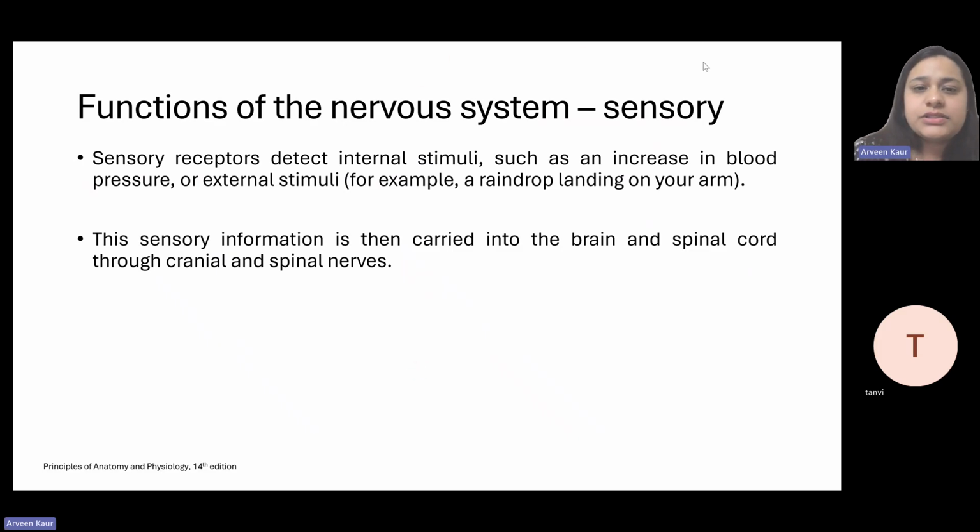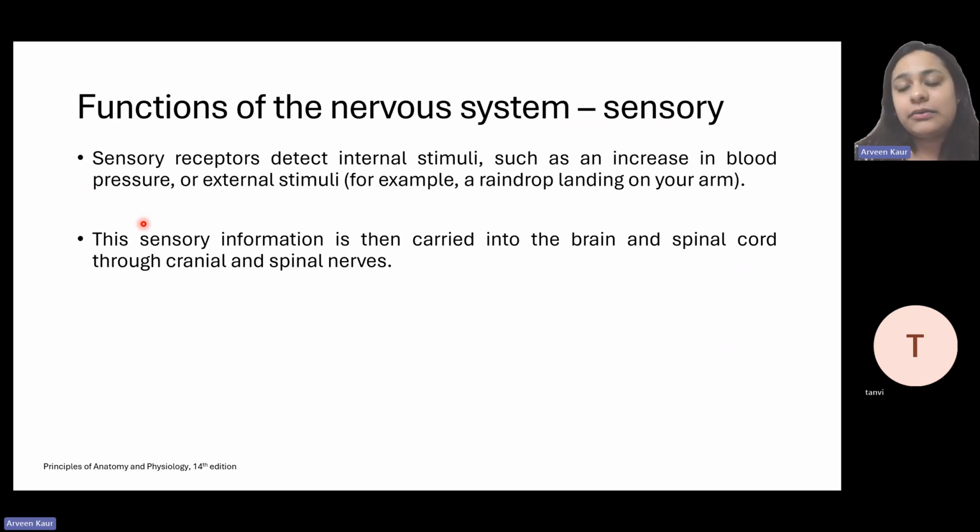Okay. So the sensory receptors detect internal stimuli such as an increase in blood pressure, or external stimuli, for example, a raindrop that lands on your arm, right? This sensory information is then carried to the brain and spinal cord through the cranial as well as the spinal nerves. Okay, so again, this kind of sensory reception in the first example, that is increase in blood pressure, or increase in body temperature, or some such internal sense,